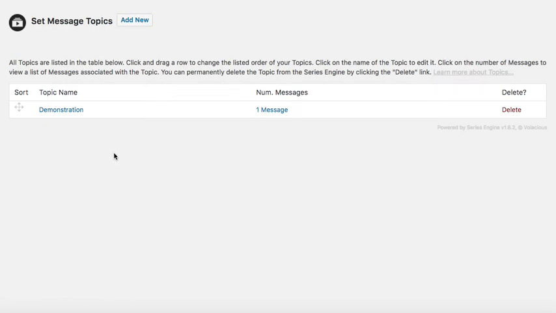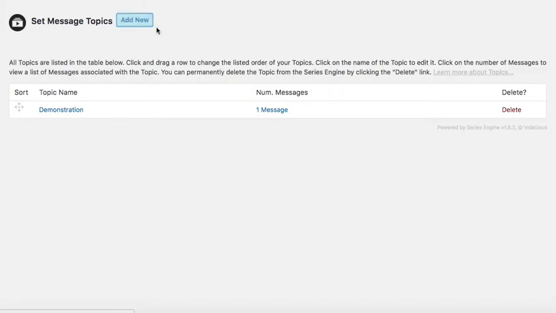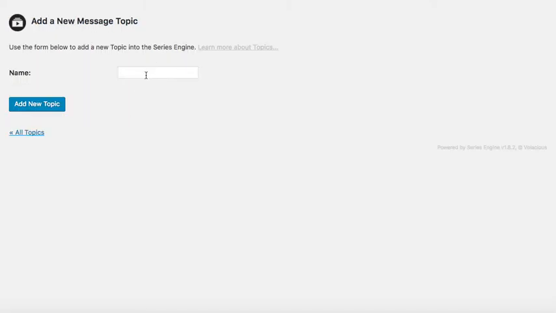So another thing that you can do is add in topics. So if you want to put in a lot of different topical references, things that people can search for topically, worship, prayer, whatever you want to put in there, then you can add that in as well. So that's kind of self-explanatory, but just to give you kind of a view of what that is, you would click add a new topic, and you would just put in the topic name. There's not really a whole lot of description, nothing really to that. So you're adding in the topic,